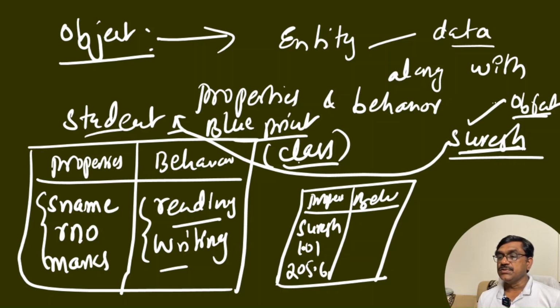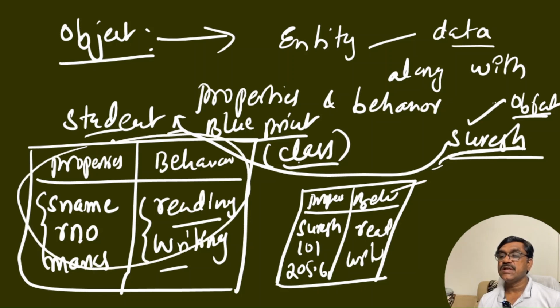These are the values. That means here we are replacing the values, and here the behavior is reading and writing. So this comes under the object, and this represents the generic blueprint, or we can call it the class. Here I have explained the clear distinction between a class and an object. Now, when we use the variable x and assign the value 10,